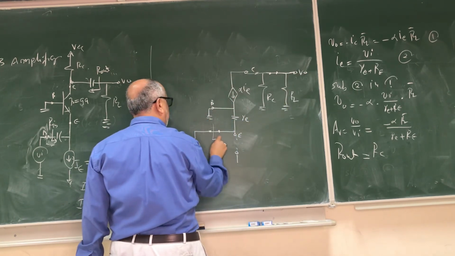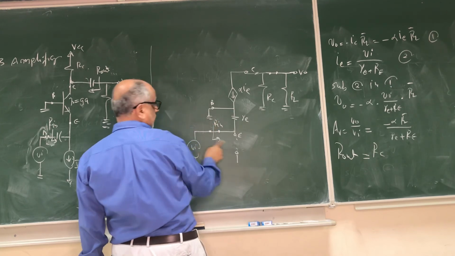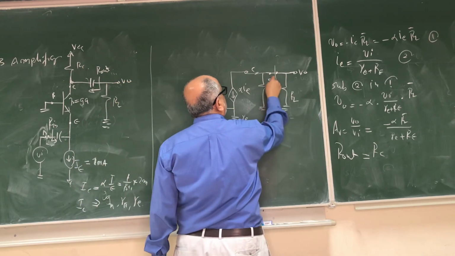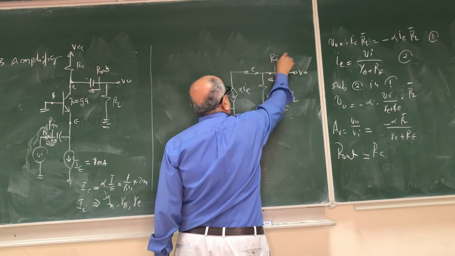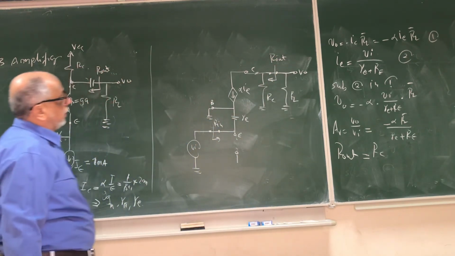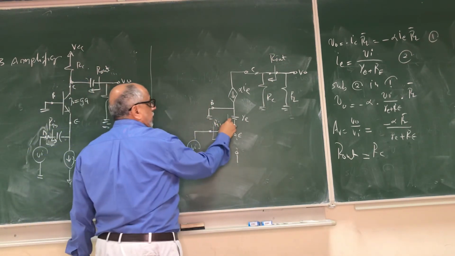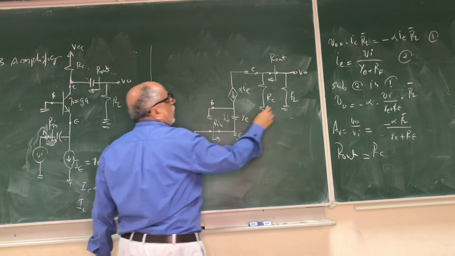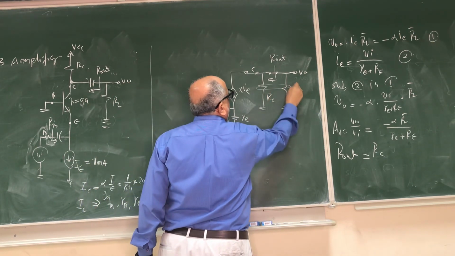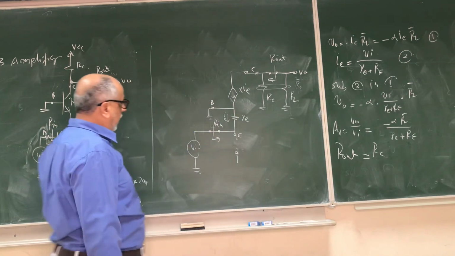So the input resistance is the resistance seen after the source, and the output resistance is the resistance seen before the load. And we know that this current is IE. So again, I'll do the same. Here I'll call this RL dash. Now the output